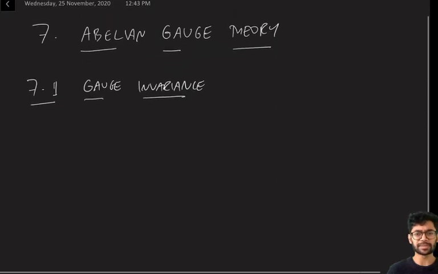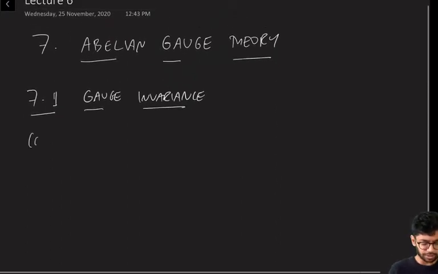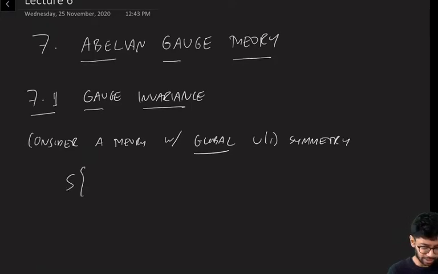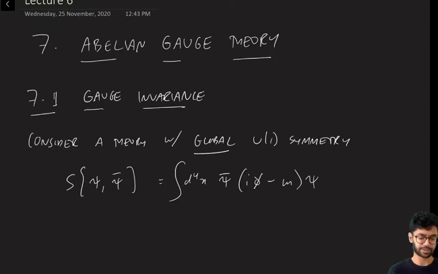So let's start from the simplest example. Let's consider a theory with a global U1 symmetry. For example, the Dirac action is a good one to consider. So recall the Dirac action. The Dirac action takes the form S as a function of psi and psi bar is the integral d4x psi bar i d slash minus m psi. And maybe I should just make explicit that everything here depends on position. So I mean psi bar of x,